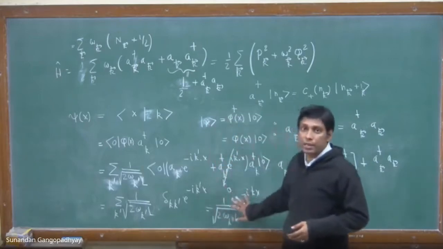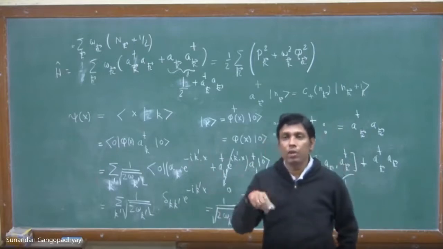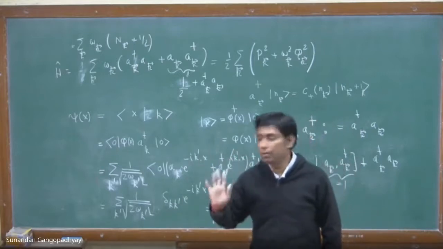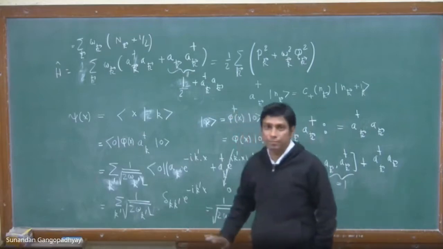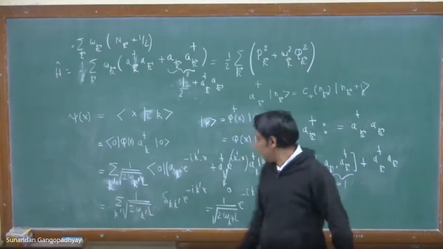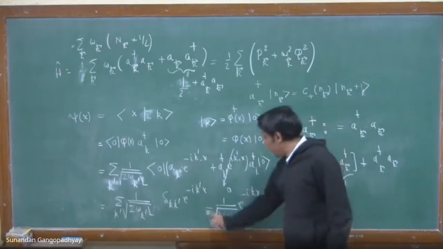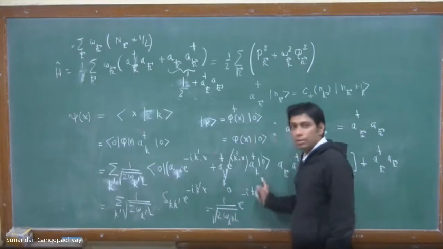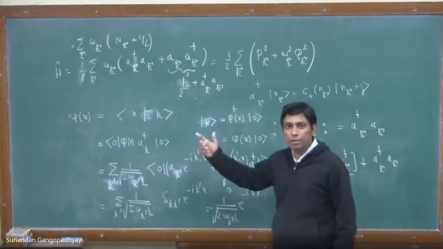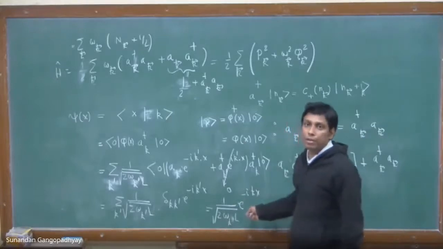This is a normalized state. So you calculate mod psi star square and integrate over the whole volume, you will get basically 1. So this is now the wave function. You can interpret this as a wave function for the single particle state with momentum k. Since it's a single particle state with momentum k, you get the wave function for that state to be a plane wave.